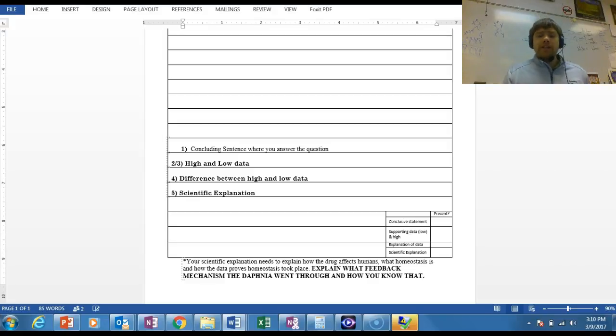Okay, because again, the standard says that you need to prove feedback mechanisms, and we learned positive and negative feedback. So you're going to describe, explain, tell me which feedback mechanism the Daphnia went through to get back to the normal heart rate, and how you know that. There's a decent chance that you may use more than just these lines provided. Go ahead and continue it on the back